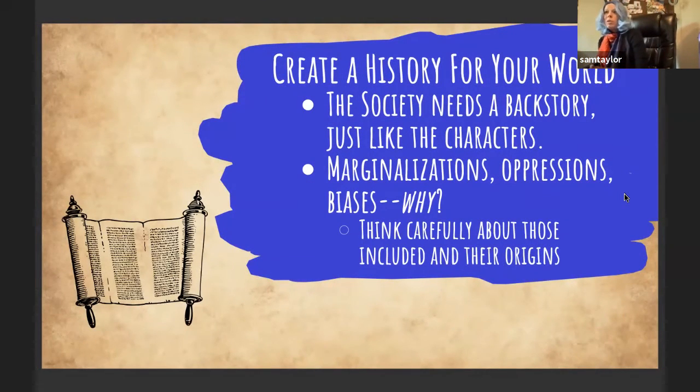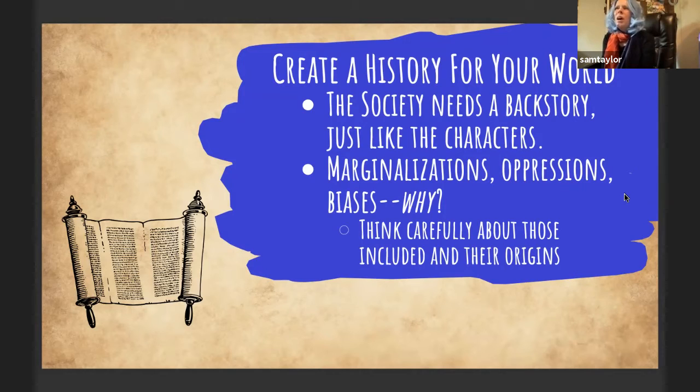As you are building your world, you want to think about not just the here and now of your story that's going to be presented on the page for your readers, but you want to spend a little bit of time thinking about a history for your world. How did it get to be where it is now? Though this information might not actually end up on the pages of the story itself, it's important for you as the author to know, because the history of the world is going to shape the way the character society understands itself and how the society got to be the way it is now, which will shape the characters' views of themselves, will shape their expectations.